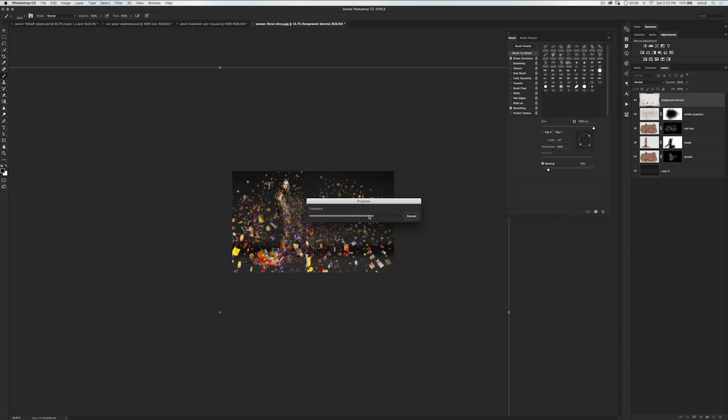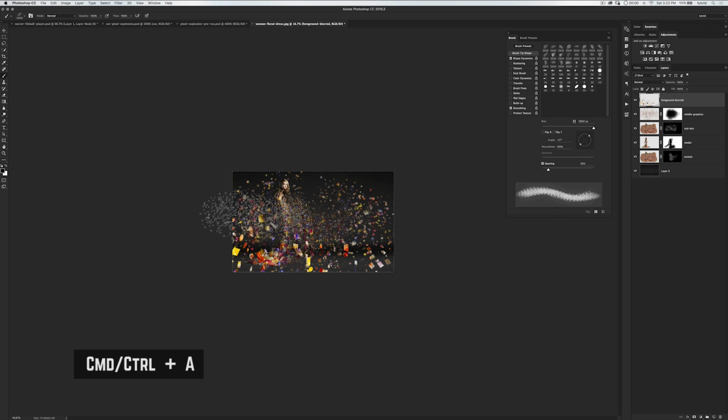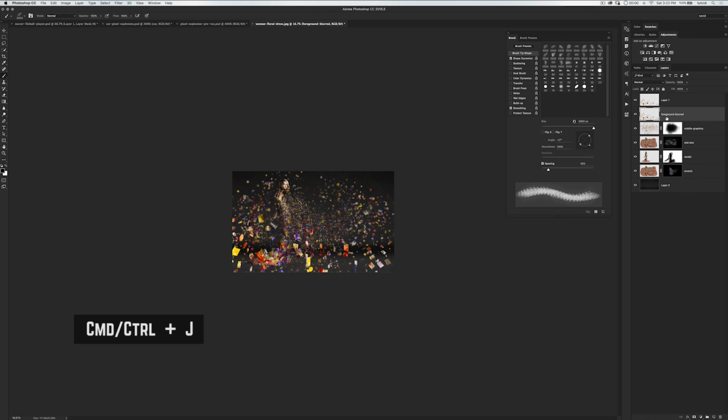You can see it's going to even take a second for the transform to happen because it's a huge graphic we just created. Remember, this is only 8,000 pixels wide. So in order to quickly get this cleaned up, I'm going to hit Command or Control A to select all, and then just Command or Control J to pop that up onto its new layer. And the original foreground blurred, I'm going to select and just delete it, and then I'll rename this layer just foreground